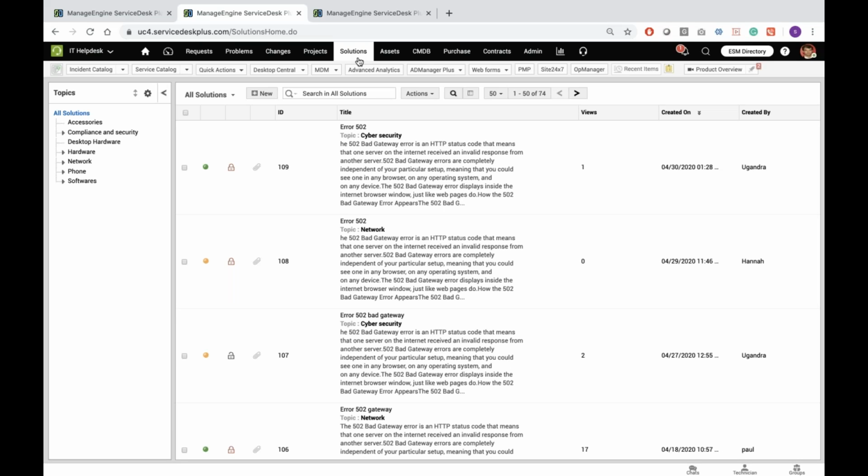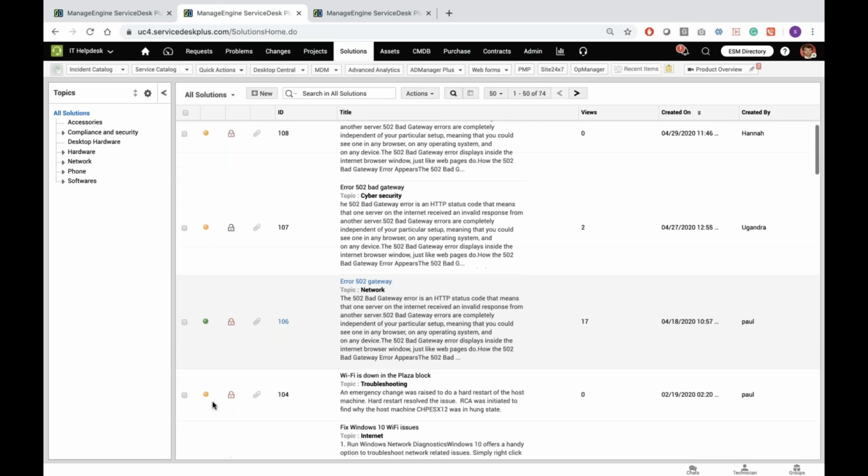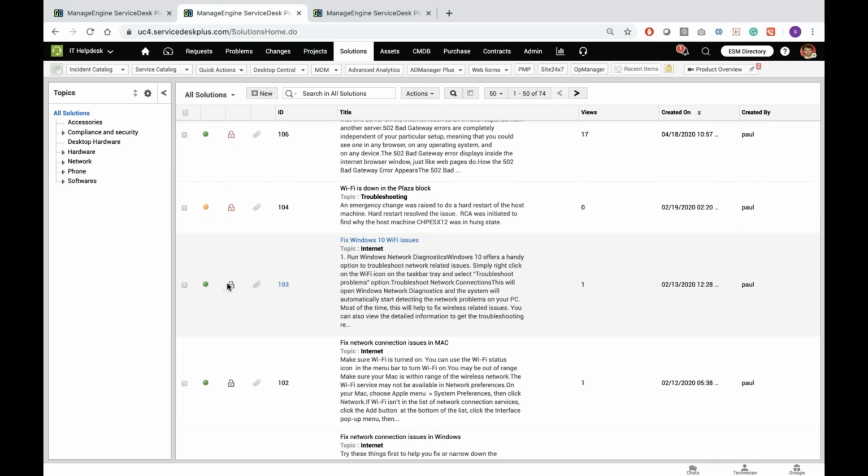Through this knowledge management solution, what it benefits the end users is that when they log into their self-service portal, they can view all approved and published knowledge-base articles. So articles that have this green dot and an open lock are all knowledge-base articles that are available for the end users. And Service Desk also prompts these knowledge-base articles to the users when they're trying to create a ticket. So this way, even before they create the ticket, the system proactively helps them understand that if you're creating a ticket for your operating system crash or setting up a printer, here are the solutions that you could try.